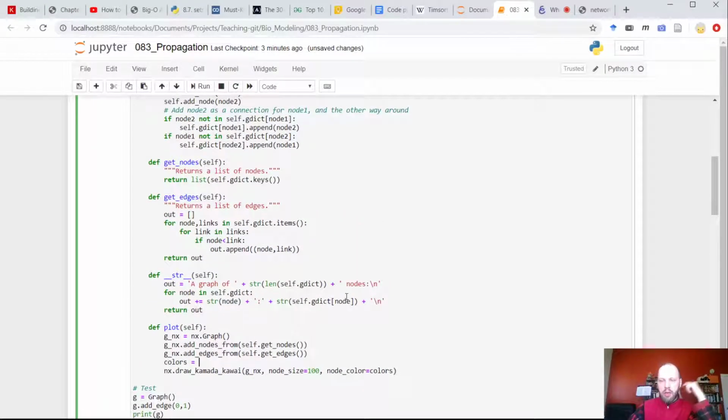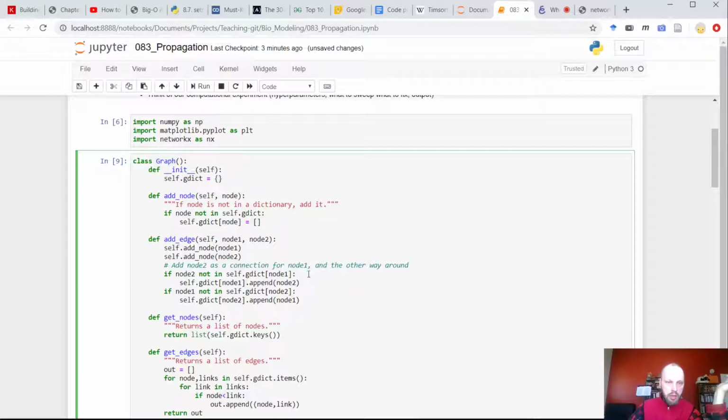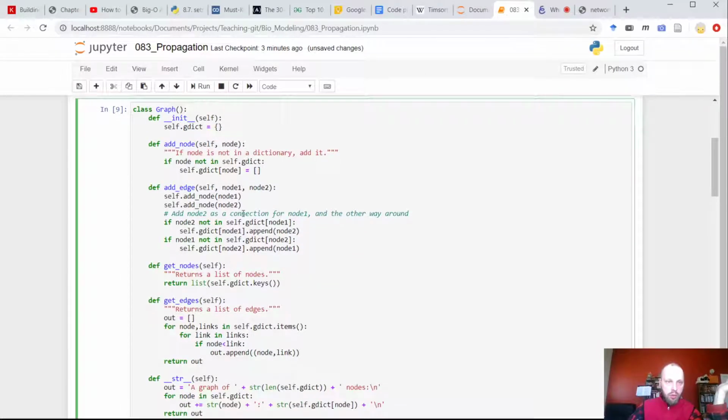Do we even have the state of the node yet? Let's look at that. We have nodes, and nodes are just a dictionary. Okay, we don't have it, right? The only thing that the graph knows about itself, the only variable that this object carries around, is the dictionary of edges, of what's connected to what.